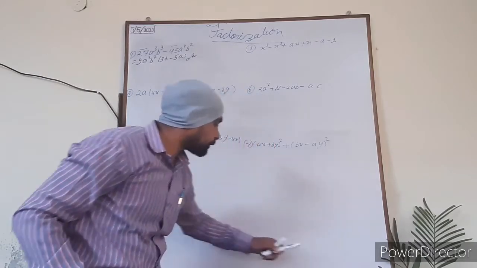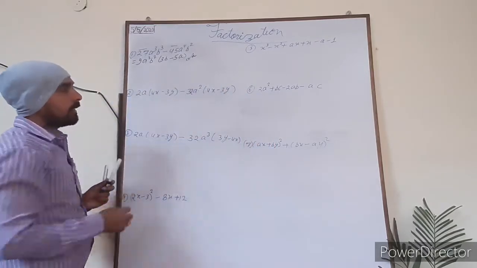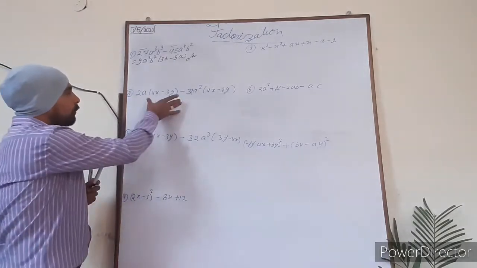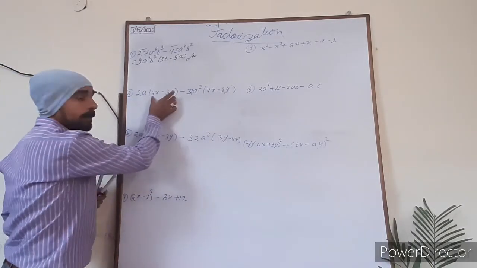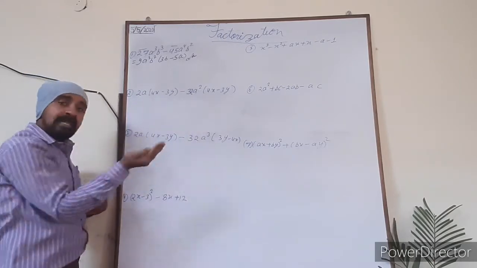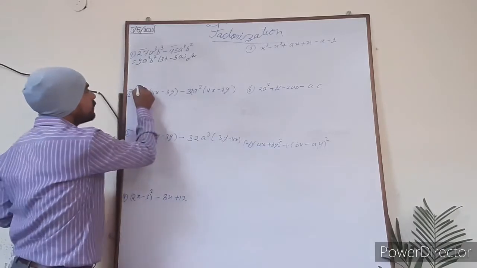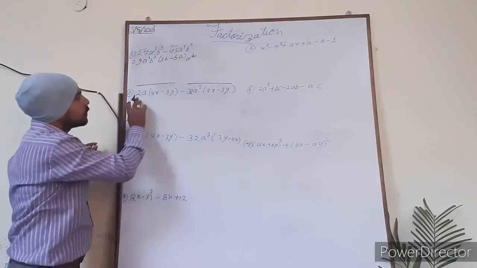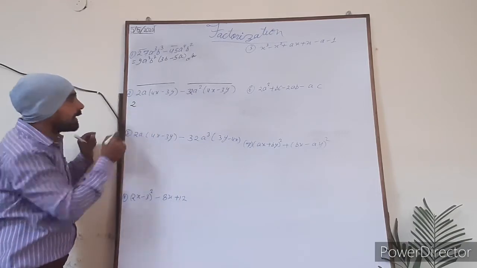After that, if you will see on this question, here is a little bit huge thing for you. One is in bracket, that is same. The number has been written here as well as a separate variable outside of the bracket. So this is one term and this is the second term. Now we have to take common on this. So number is 2 only, that will be taken as common.